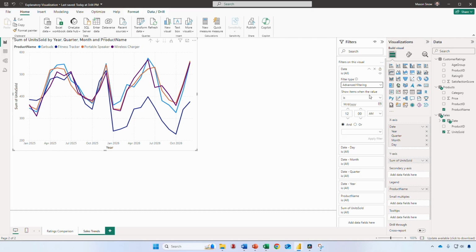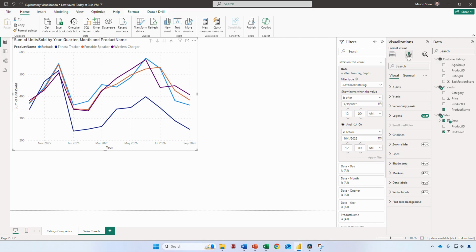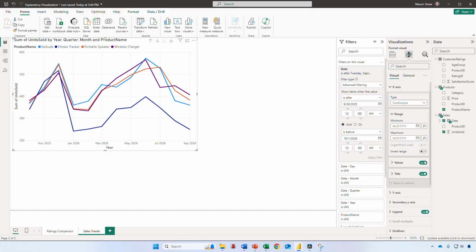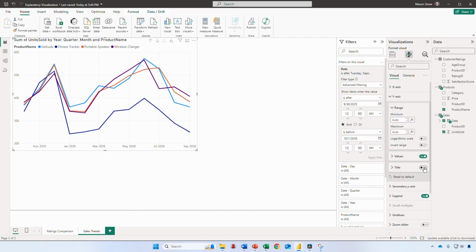and I want to show items where the value of date is after 9/30/2025, we'll leave and checked here, and is before 10/1/2026. Be sure to click Apply Filter. Now that the line chart has its basic shape, we can apply some real formatting. I'm once again going to turn off the titles for both of my axes. People will inherently understand the time dimension, and I can describe that units sold as the Y variable in my